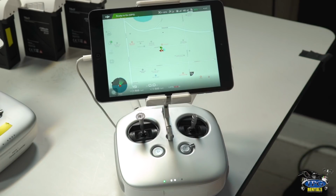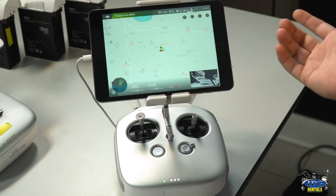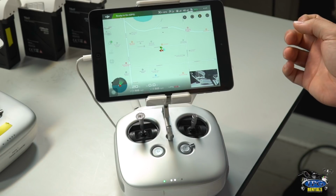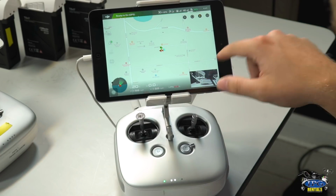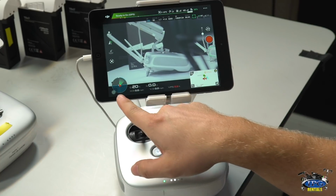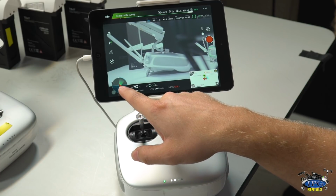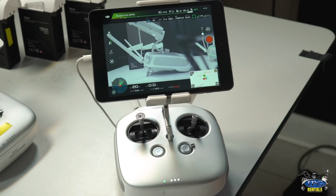And down here is your actual map, and you can toggle back and forth between the two in case you wanted to see if you were making waypoints, in case you wanted to see exactly where it was going on a map. And now we're back here. And this right here shows you what direction your camera is facing versus the drone. The drone's in red, the camera is in green,